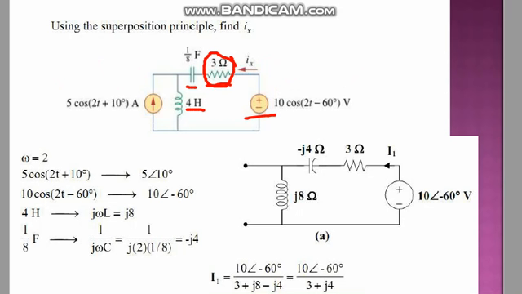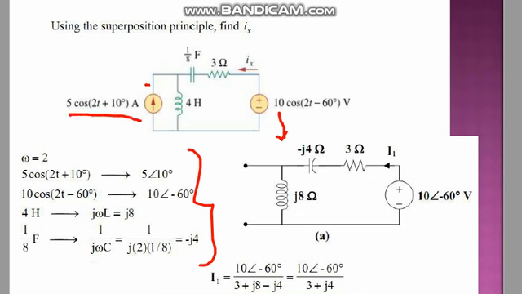To do this, the first step is to convert. I have told you several times, you have to convert to the frequency domain. Then you should go through the steps. First of all convert it, then see where the sources are. There are two sources, so you have to make one source off and the other source on. If you make this current source off, you have to make it open. So here the source is open circuited.